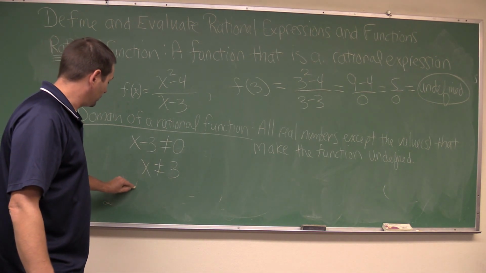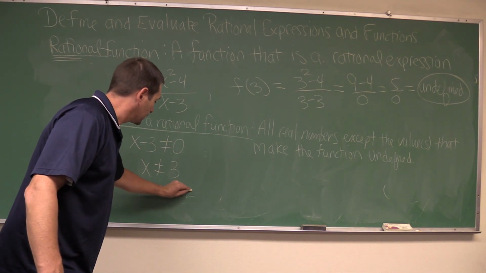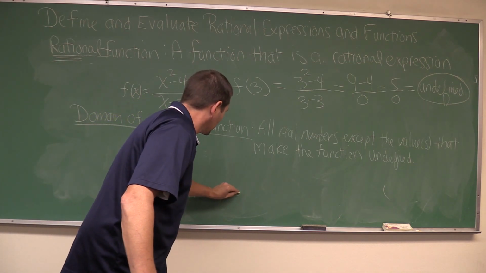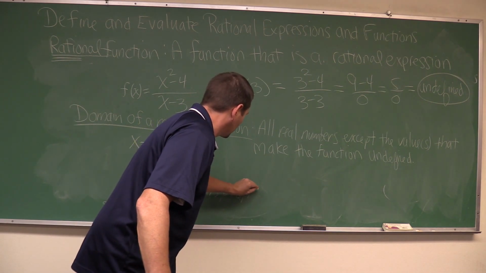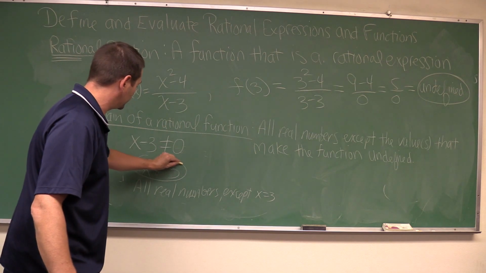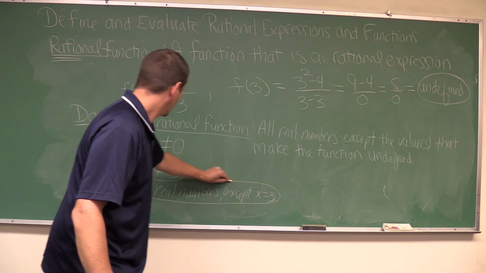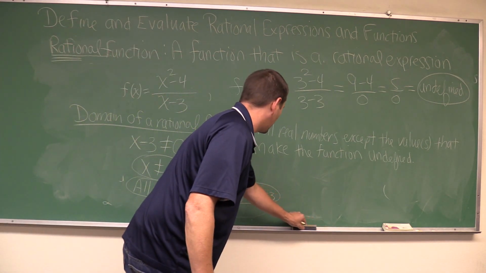Another nice way to say it would be all real numbers except x equals 3. So this is an acceptable answer right here. Just x cannot equal 3. I would accept this. And then a good way to practice is a shorthand way that we use oftentimes,